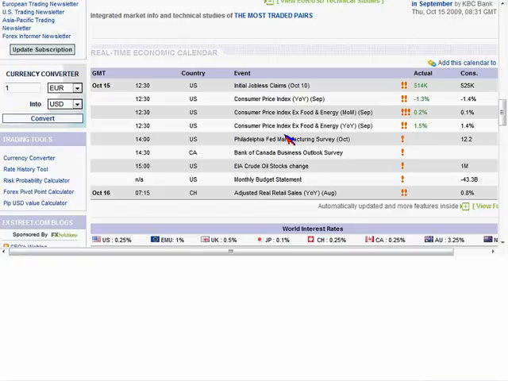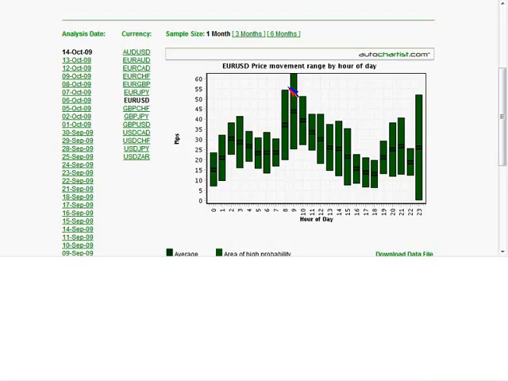I'm not saying that you should trade the data. For example, I'm not saying that you should be looking to trade the initial jobless claims expected versus the consensus versus the actual. That's not what I'm saying at all. But what I am saying is that 8:30 a.m. initial jobless claims, 12:30 Greenwich Mean Time, is going to inject a certain amount of volatility into the market, and